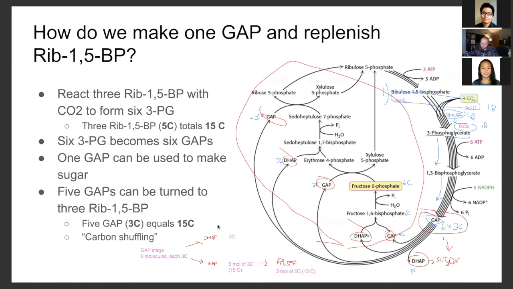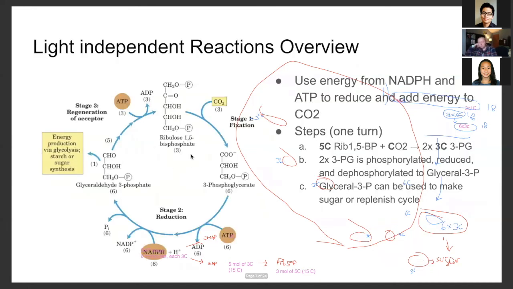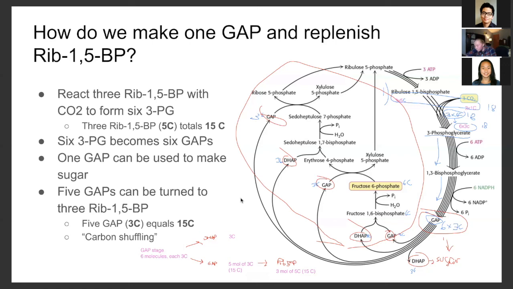And so if you got lost from all these calculations, what I'm basically trying to say is it doesn't make sense to read this pathway as a one-to-one. If you look at the pathway we just showed earlier, if you look at it 1 molecule at a time, the math doesn't make sense. How do we form sugar and how do we recover the initial 5 carbon molecule when we only have 1 CO2? It doesn't. In order for this pathway to net produce a sugar, it has to happen in this ratio. So essentially,